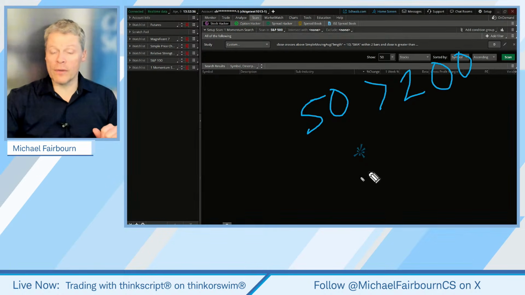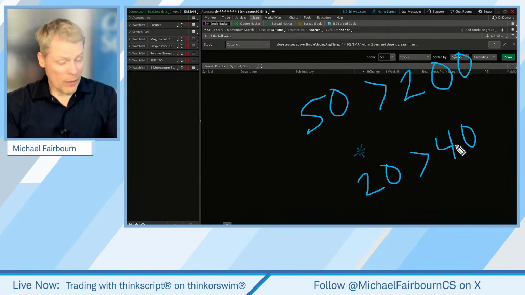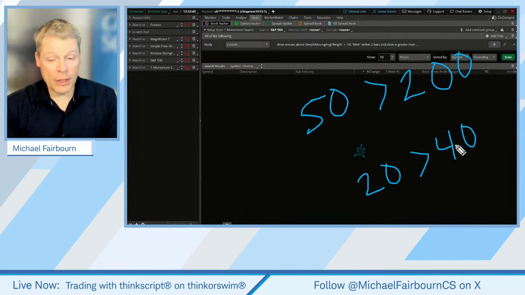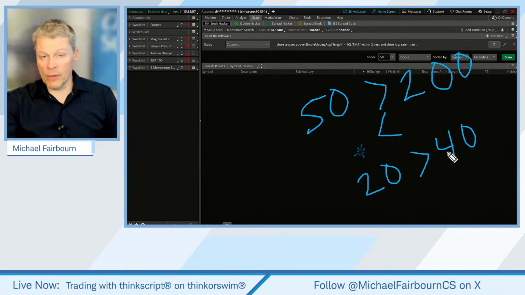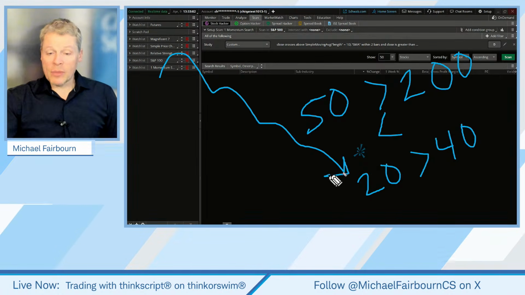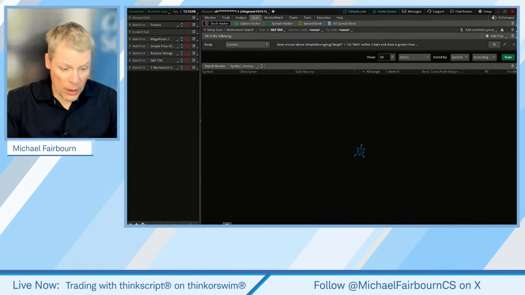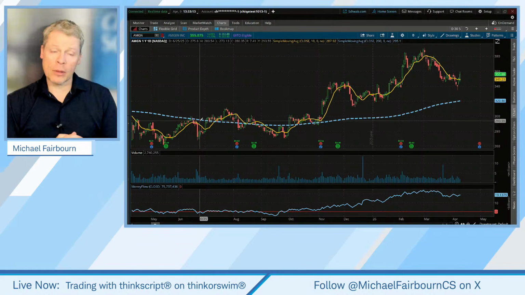I've seen a shorter term version of this. It's something like this: the 20 becomes greater than the 40-day moving average, just using simple moving averages. Some will use exponential moving averages, but there's also the death cross, which is just the opposite. That's the 50 less than the 200-day moving average. In other words, we might just start to see a big pullback here. And sometimes those longer term moving averages can give us more insights for sure on the trend change, the longer term change of trend. Let me show you what that looks like specifically, okay?